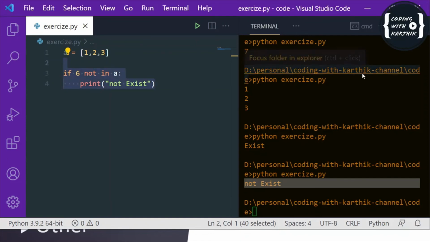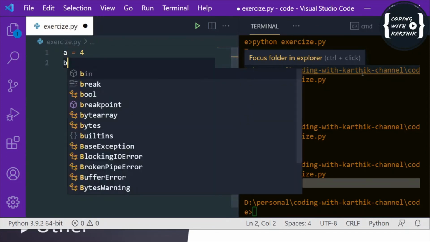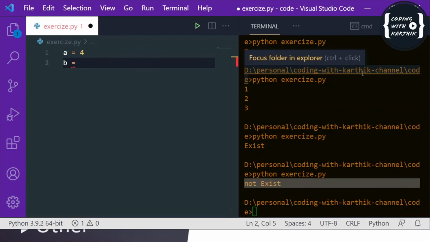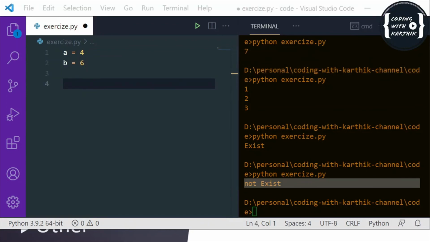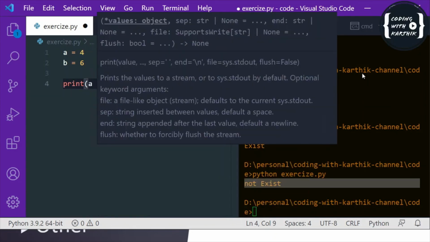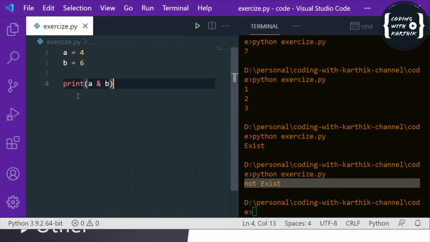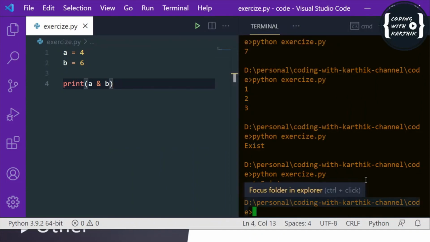So let's say you have a equal to 4, and b equal to 6. And there are multiple bitwise operators, for example the AND operator, for which we use the AND symbol. So print A and B, these are bitwise operators. Let me print out this result so you can understand.